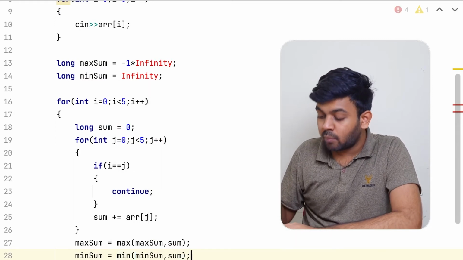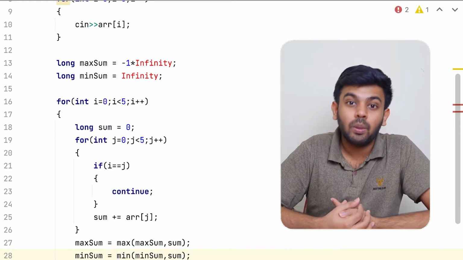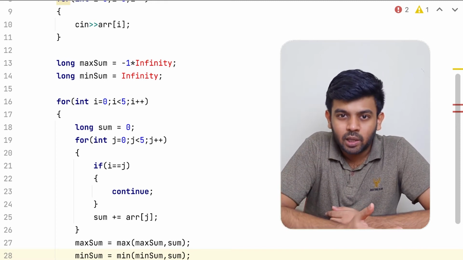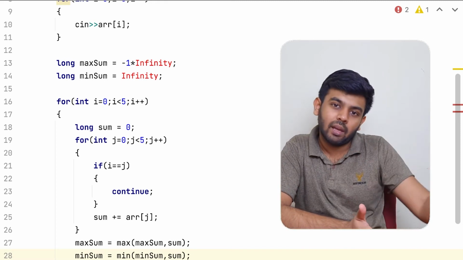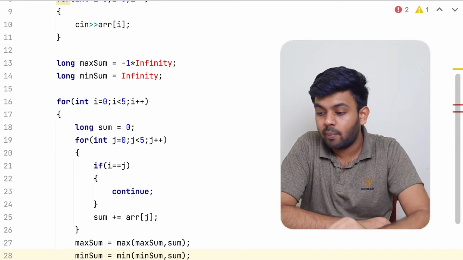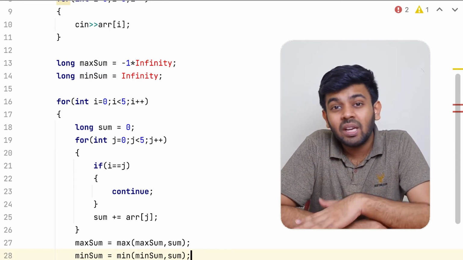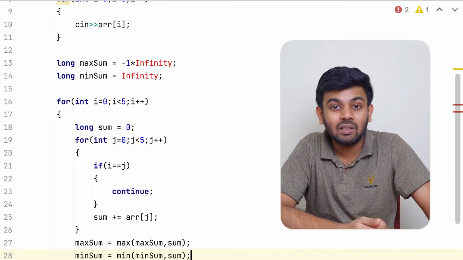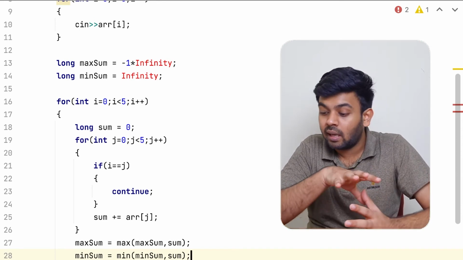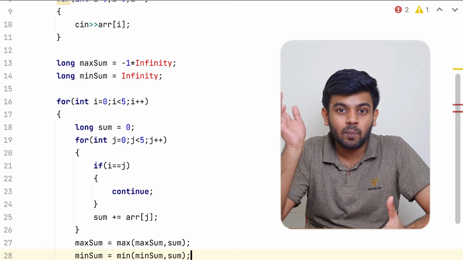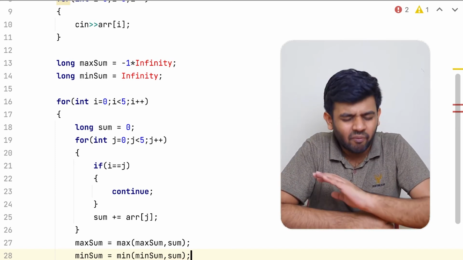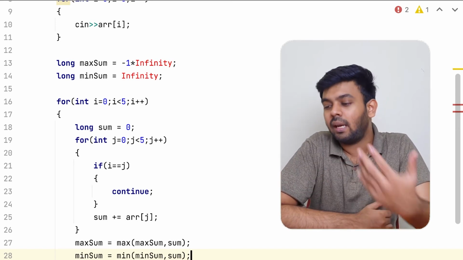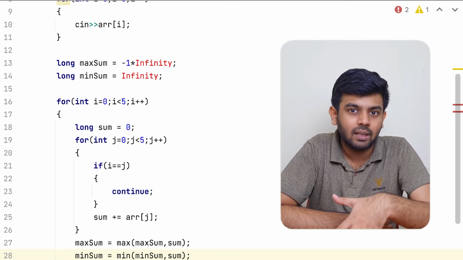So either the sum that you have calculated right now is smaller than the existing minimum, or you keep the already existing minimum in the min sum value. This will definitely be updated at least once, because the default values are -infinity and infinity, and the sum that we are going to get from adding up this array will definitely be greater than negative infinity or lesser than positive infinity.